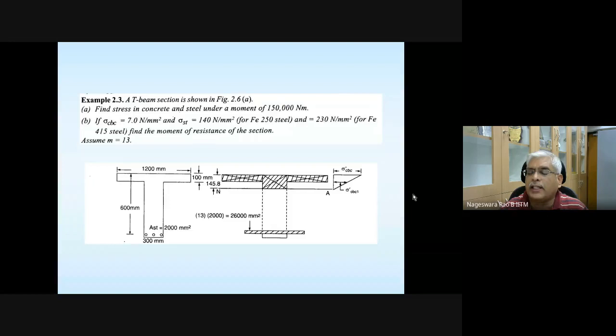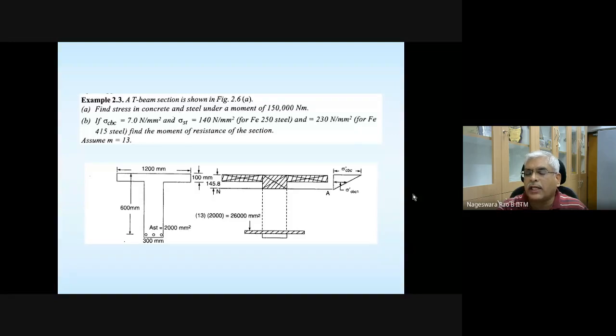That means strain distribution is going to be linear. So strain value at the neutral axis is going to be 0, and it's going to be varying linearly above the neutral axis and also below the neutral axis. So based on that, you are going to get the strain distribution diagram for that particular section, which is just a straight line. Okay. So once you get the strain distribution diagram, from that you can get the stress distribution diagram.